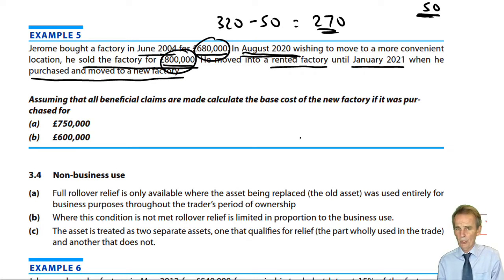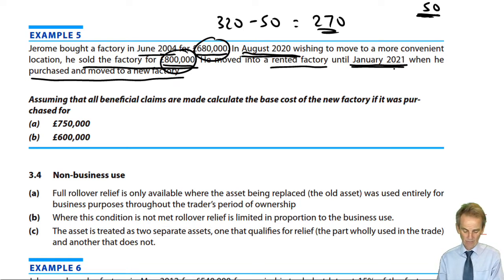Well, you've not bought, so there's no ability to roll over there until there's the acquisition date, January 21, when he purchased and moved to a new factory. So January 21, it's of course after the disposal date, but it's well within the 3 years following that disposal date. So yes, we would be able to make a claim for rollover